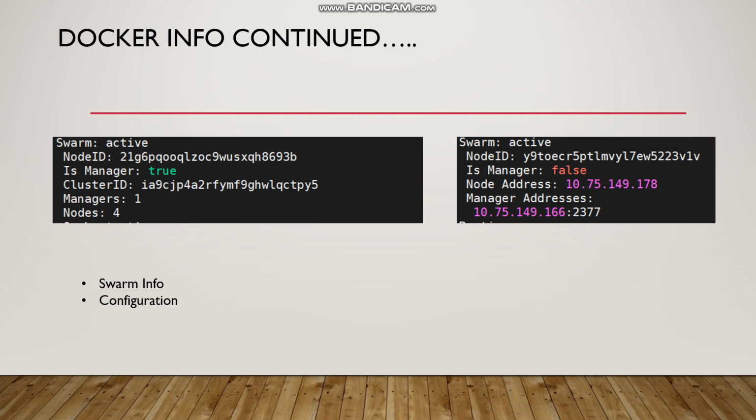Each master machine will have the is manager flag true, while the slave machine will have the is manager flag false. The master machine will give you other information about the nodes, like how many managers there are and how many total nodes there are.